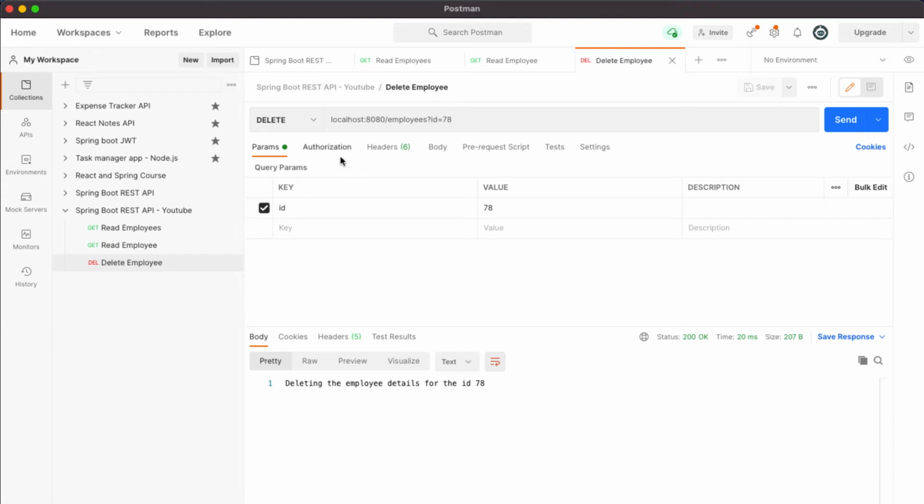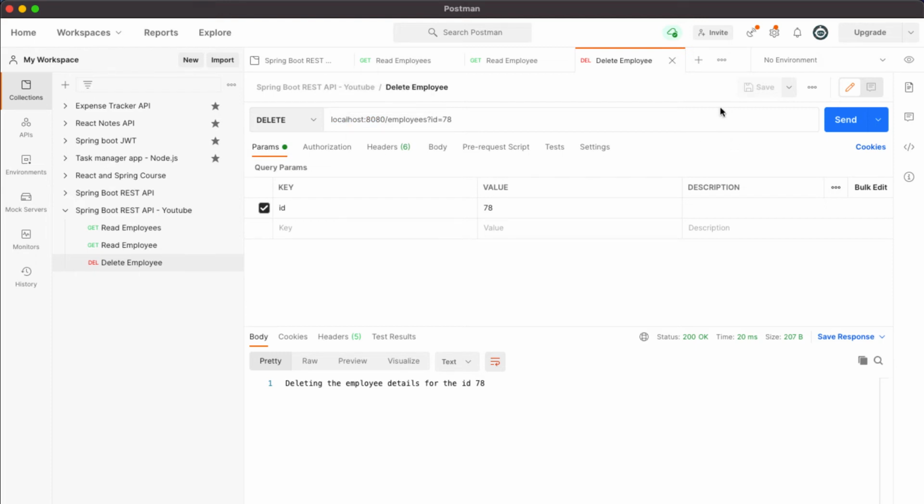Alright, so now if you look at these URLs, inside this we have hard coded the host name. The localhost:8080 is the host name. Instead of hard coding this, we can also create variables inside the Postman and we can map it. This will help us when we are testing in different environments. Okay, so for the different environments we can create different variables and then we can switch the environments and then we can just test it. Let's see how we can create the variables inside the Postman.